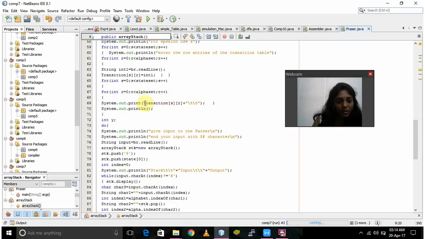set r increment transition s r is then int y do loop then input give input to the cursor and end your input with characters then string input then array stack is equal to new array stack, stack push stack state is of 0, int index is equal to 0, input stack input output, while loop condition in the char 3 is equal to input and the string character